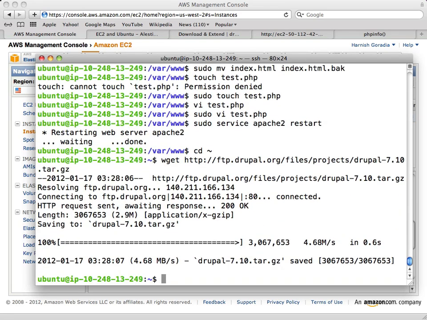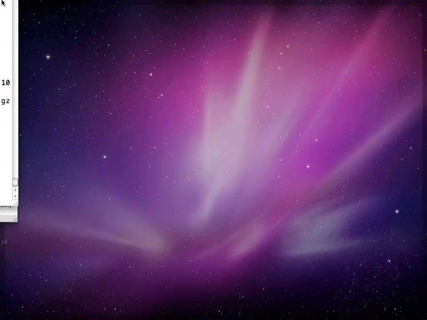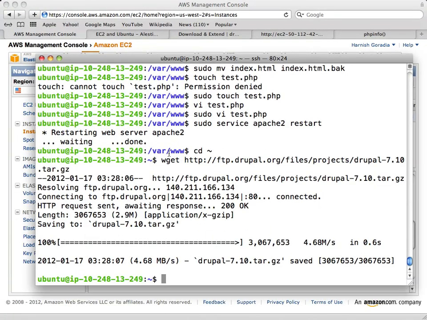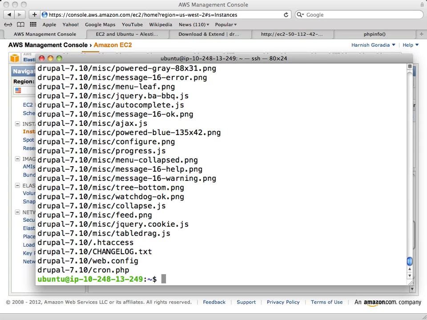Okay, we got that. We untar that, unzip that. Okay, then we move it.